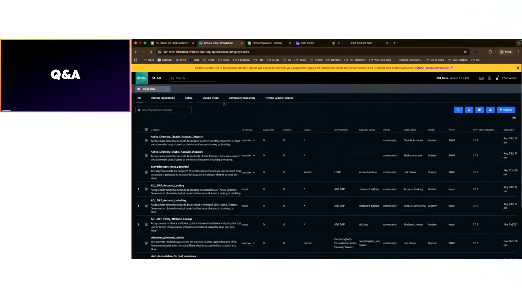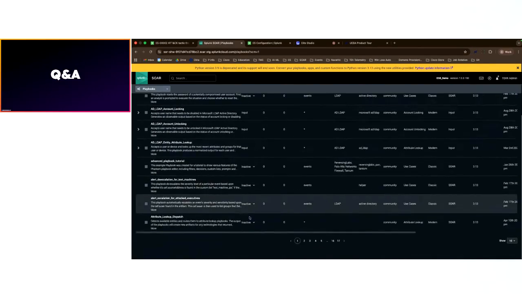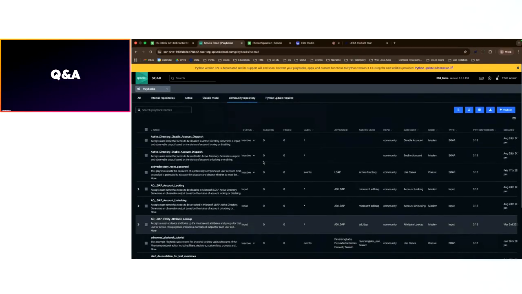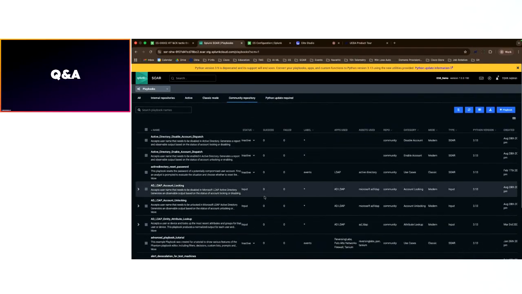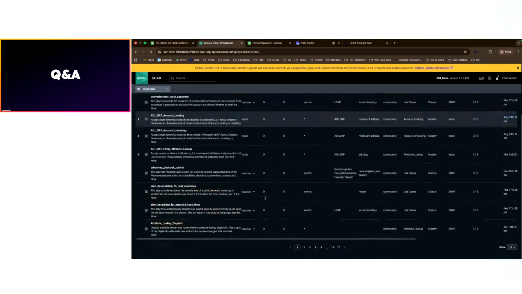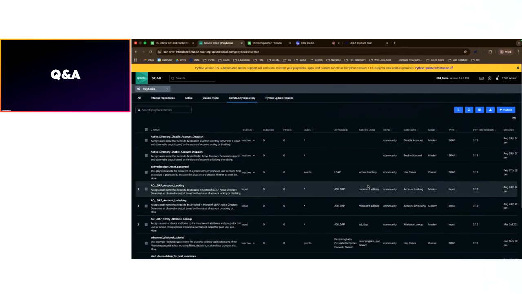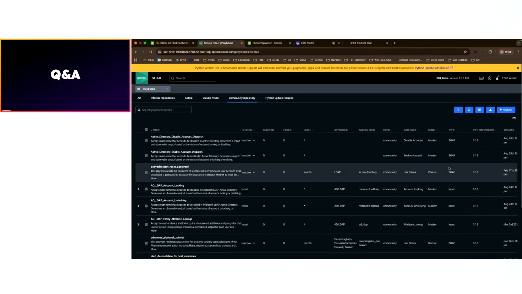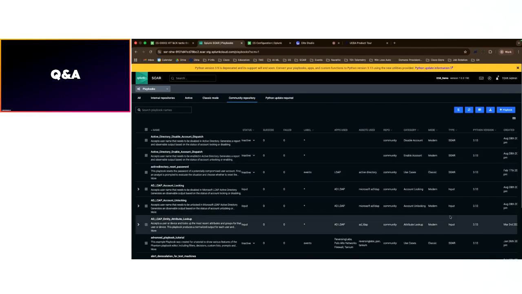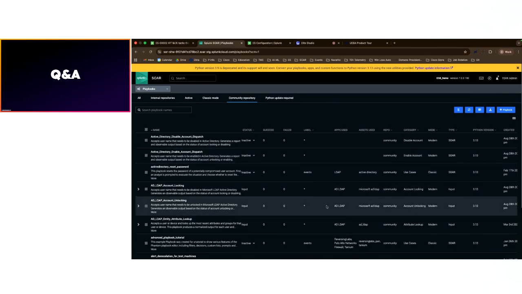Let's just close this one, and basically this is it. This is a full list of SOAR community playbooks that you can start using. As you can see, we have multiple of them. I don't have the exact number here, but there are different types of inputs, SOAR input, security, enterprise security. Then we have the different tabs, the different apps used